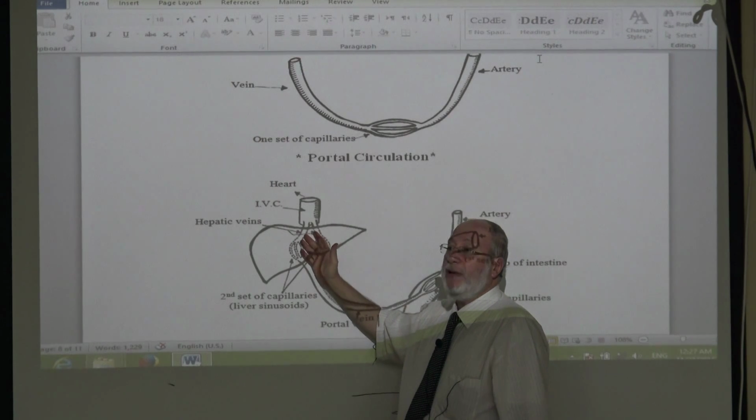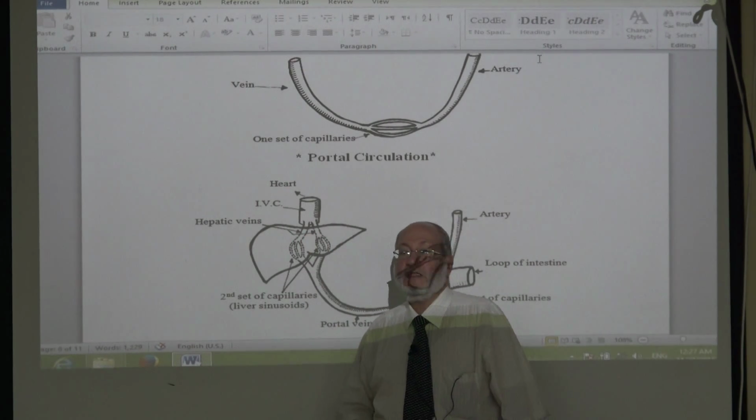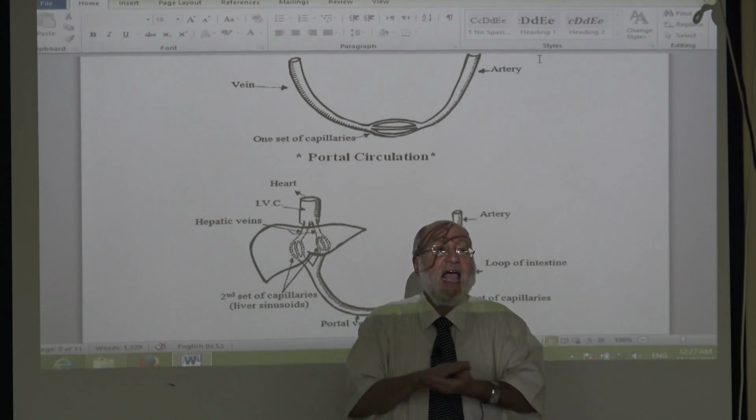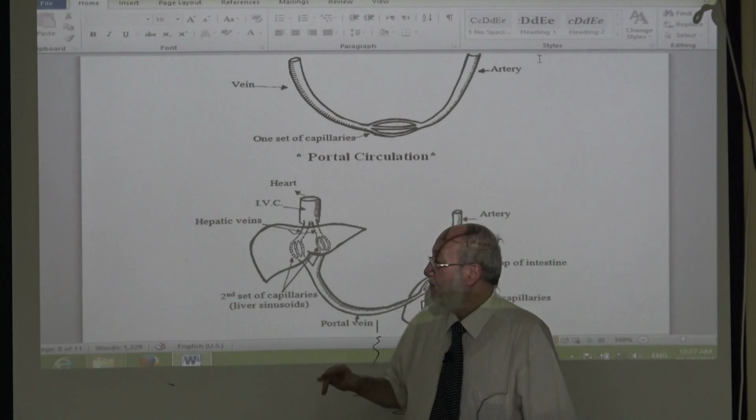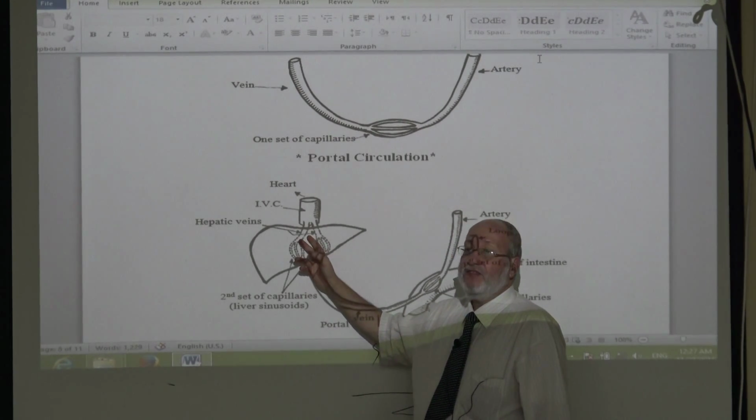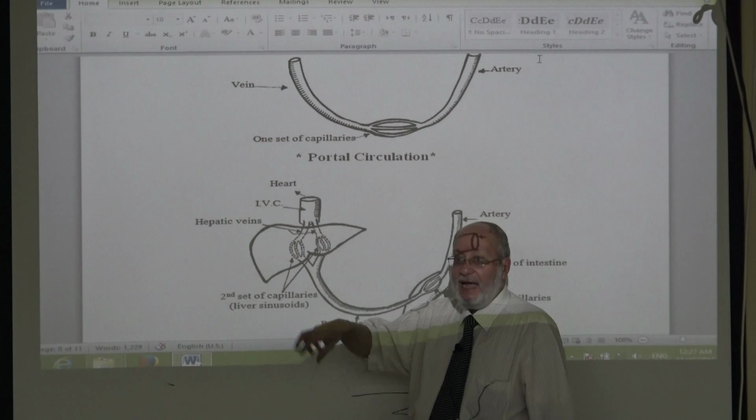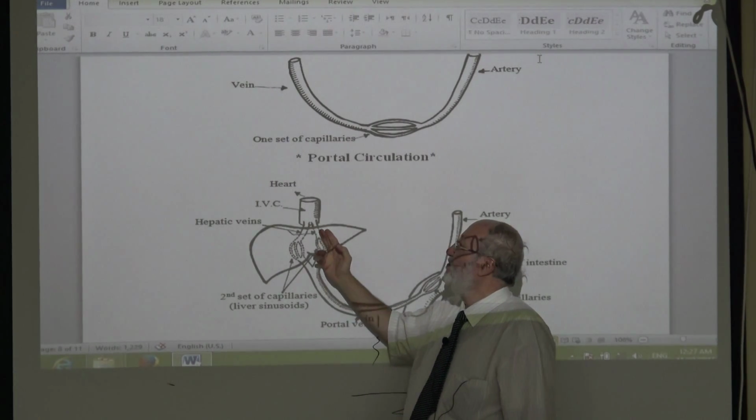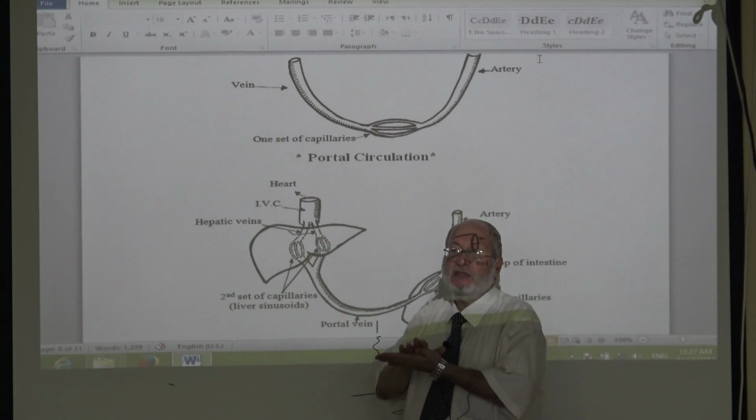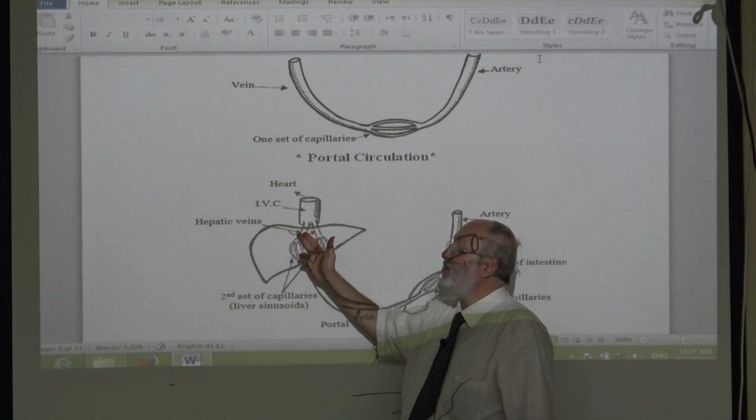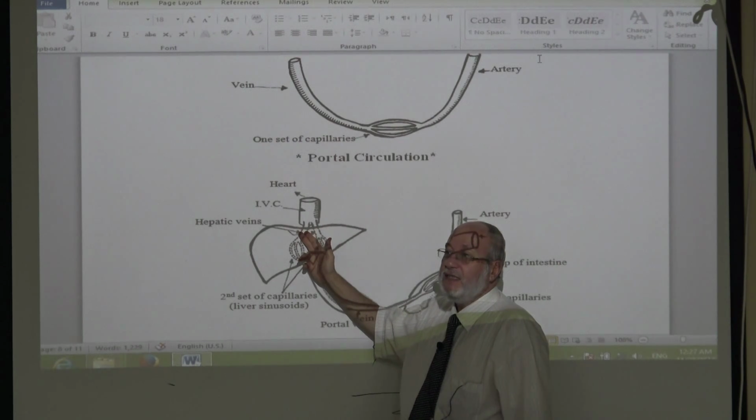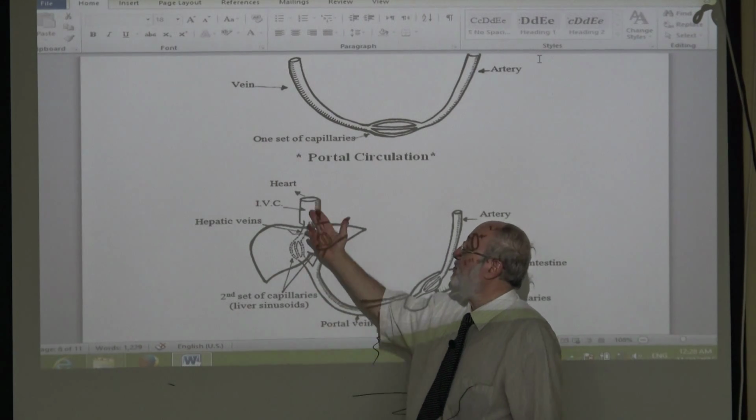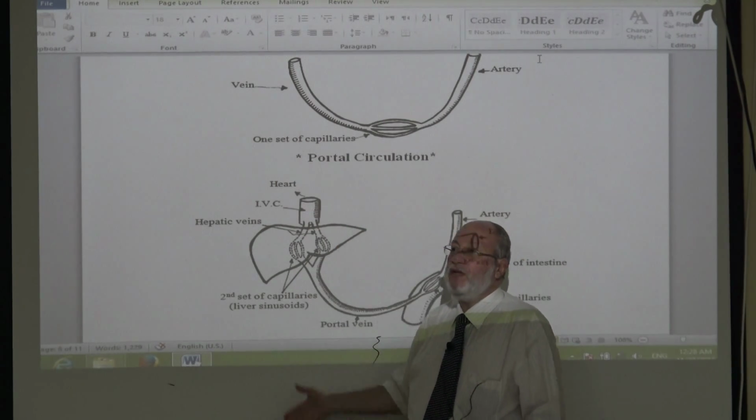When the portal blood goes to the hepatocytes, they take all the oxygen and all the nutrition from the blood. And the blood, after passing in the sinusoids and on the hepatocytes, becomes routine venous blood, completely deficient of oxygen and nutrition, forming the hepatic veins, which drain like any vein into the inferior vena cava or superior vena cava,